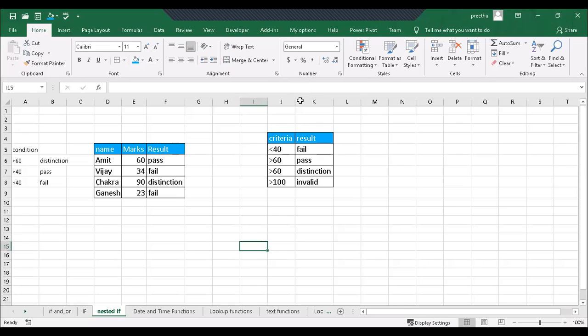So today I'm going to continue with built-in functions, or formulas.